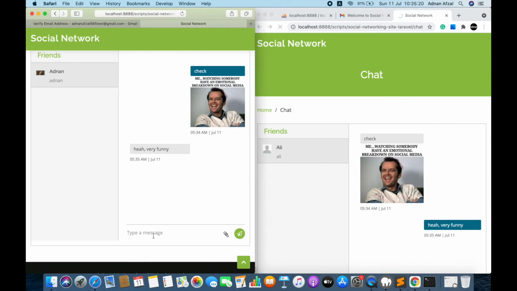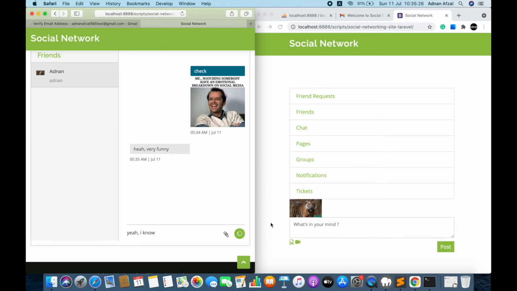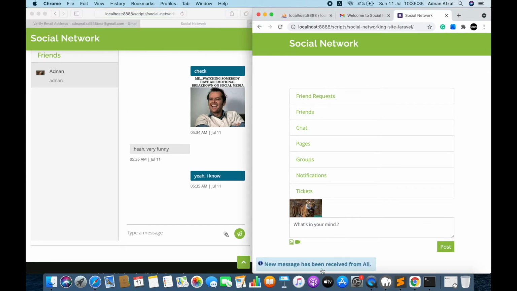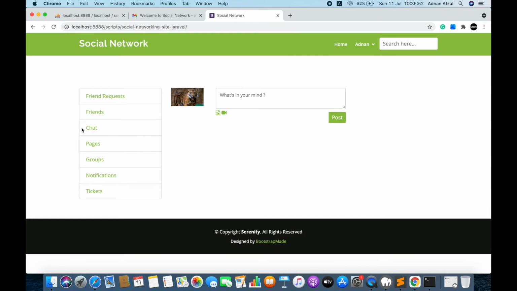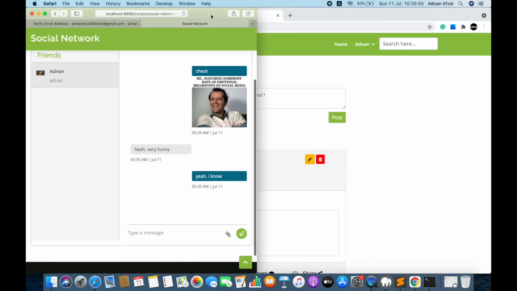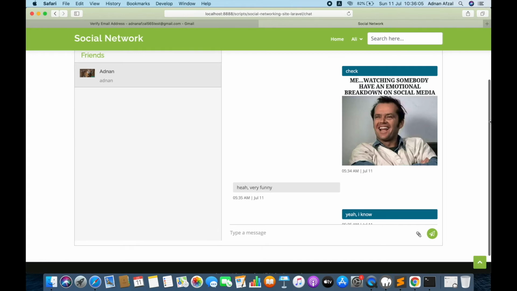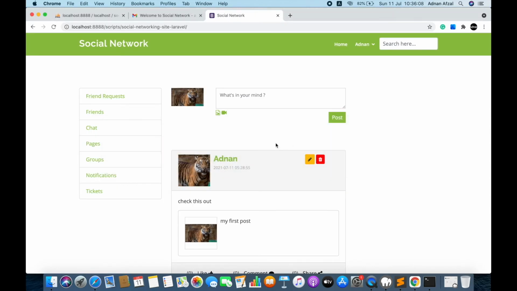And when the chat is not opened on the other person's side, then he will receive a notification on the bottom left. And you can view the chat history anytime you want.